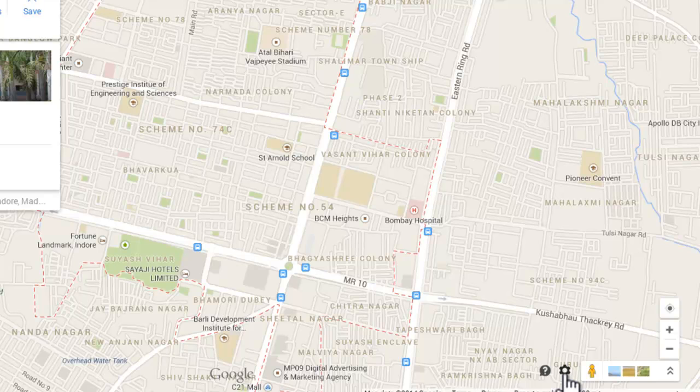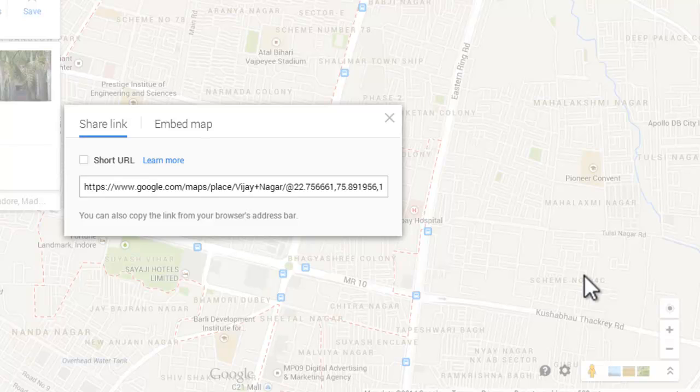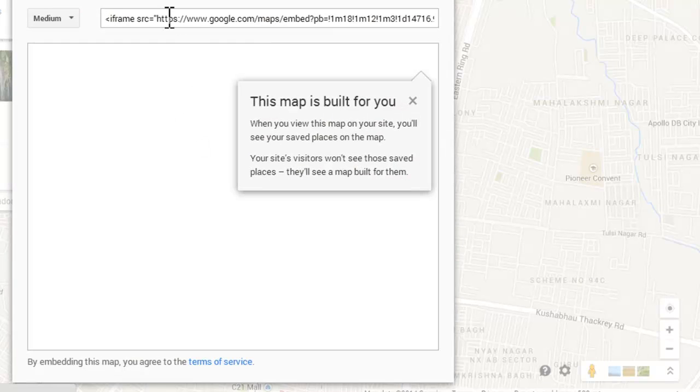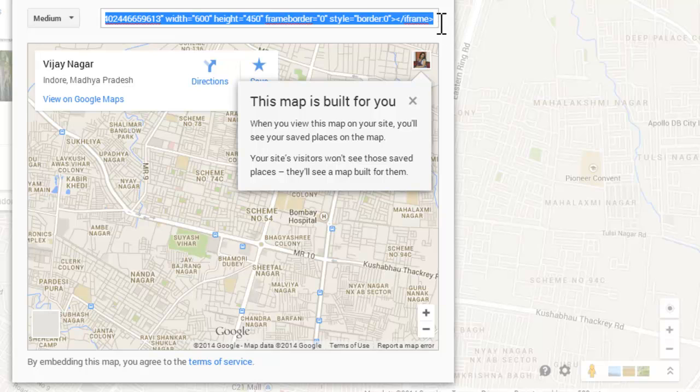Now let's go to share and embed. Here, embed map. I have the code. I have to copy it